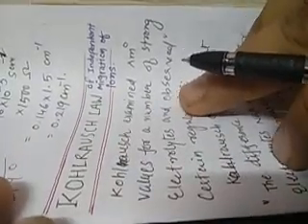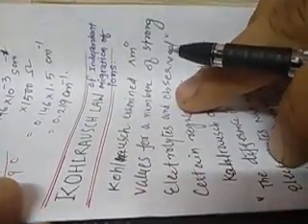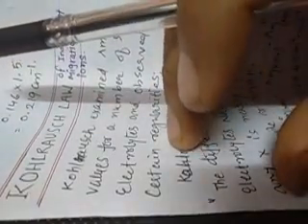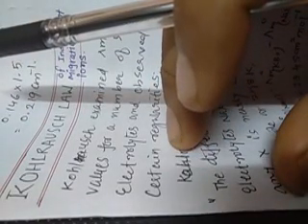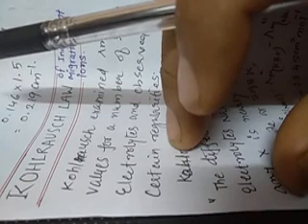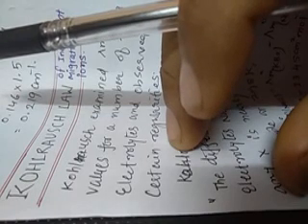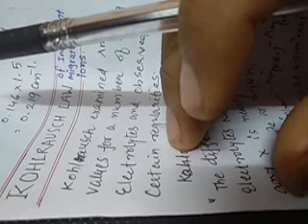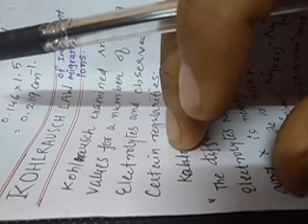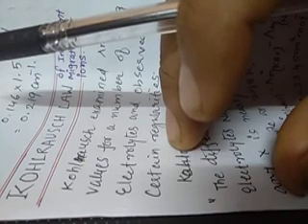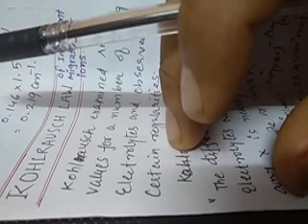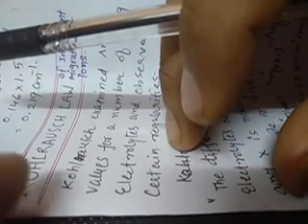Now we need to understand a very important law which is known as Kohlrausch's law of independent migration of ions. We have seen in the previous theory that it is difficult to find the limiting molar conductivity for a weak electrolyte because its graph goes parallel with the y-axis, and it is difficult to find lambda m0 for a weak electrolyte by the graphical method. So using Kohlrausch's law, we can find out the limiting molar conductivity for any electrolyte, and that is why we are going to study Kohlrausch's law.